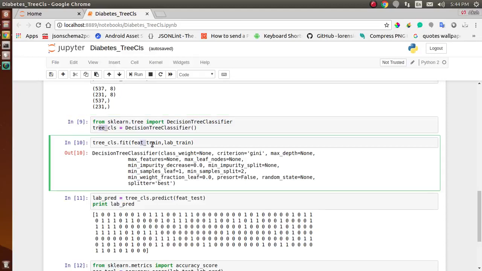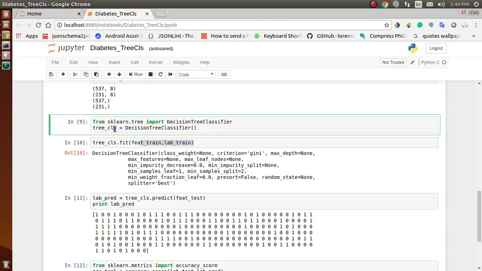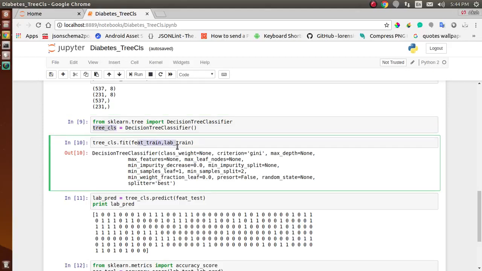And then we will fit our training data into this model. To fit this data, all you need to do is write the name of the variable, tree_classifier, then .fit, and send the training data into this model.